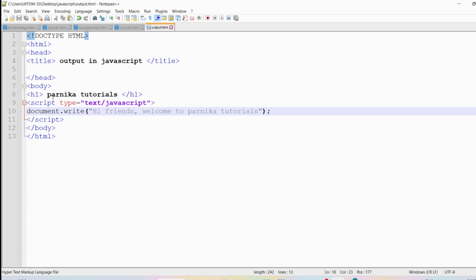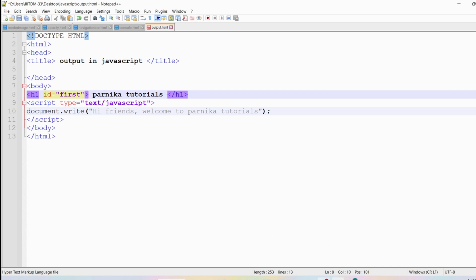The document.getElementById method is utilized for returning the element object whose ID gets matched with the provided string. What is the meaning? For each HTML element you can provide an ID attribute and you can provide a unique ID. Suppose let's consider that for the h1 tag I have used the ID as first. Now with the help of this ID and with the help of the document.getElementById method, you can display certain content with the help of JavaScript with the help of the h1 tag. Let me discuss this